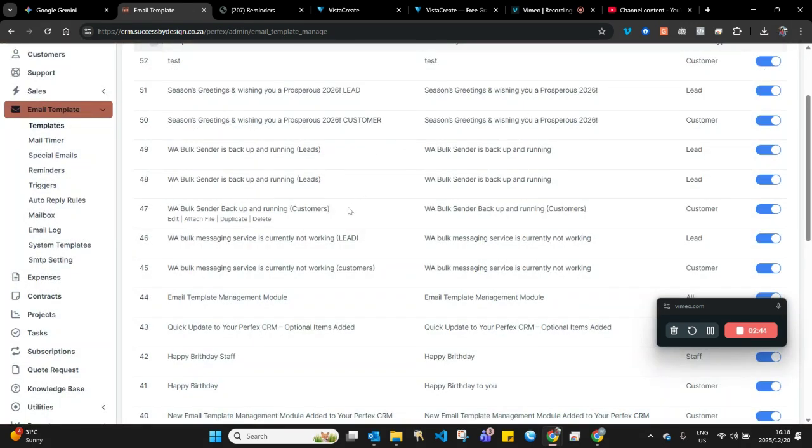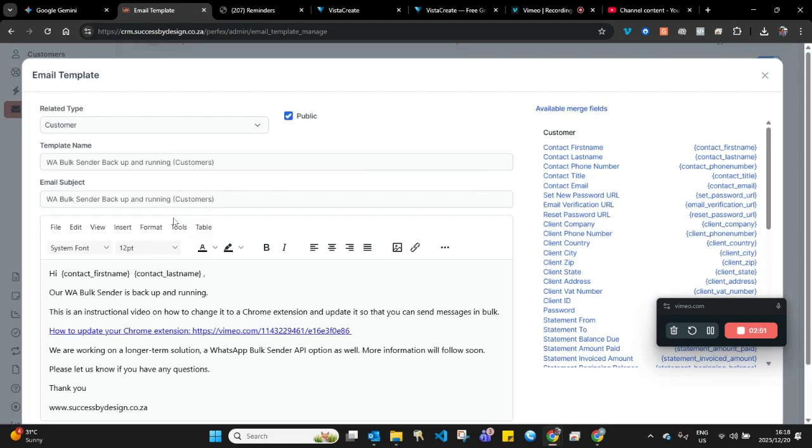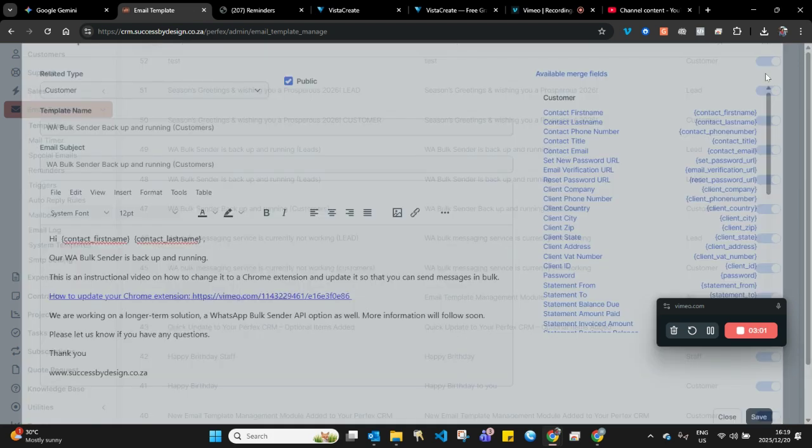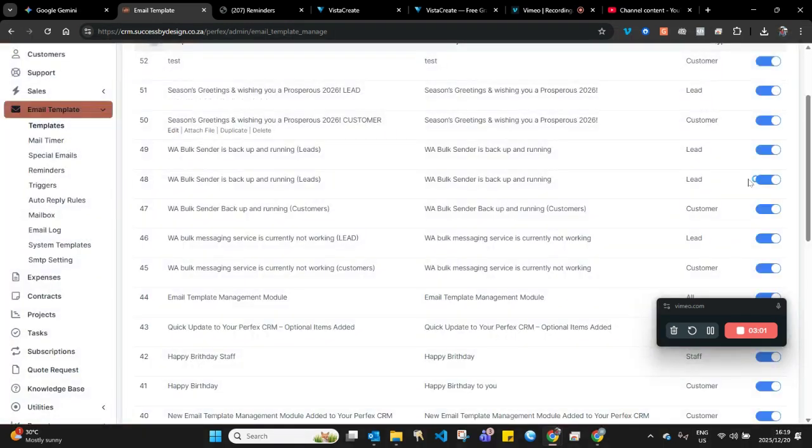A template that I have for my clients is for when sometimes our systems go out or down, or we're a bit behind with the updates, especially for the WhatsApp bulk sender. And then we need to tell people, okay, this is how you can download the new version, and that goes to our customers, and we of course take the time to address them properly. So these templates at any point can be